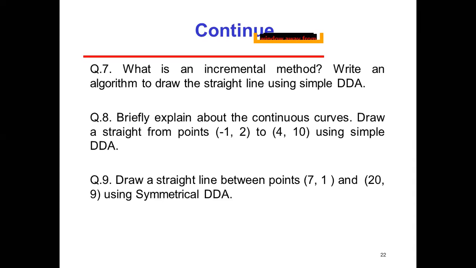You are already aware of both the symmetrical and simple DDA algorithms, because in symmetrical DDA you have to use the inequality 2 to the power n minus 1 less than or equal to maximum of mod x comma mod y, less than 2 to the power n. So you calculate the value of n, and after that you can calculate the value of epsilon delta x and epsilon delta y, and add epsilon delta x to the x values and epsilon delta y to the y values, so that you can calculate several points. With the help of several points you can draw the straight line.